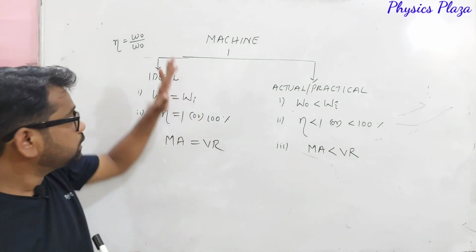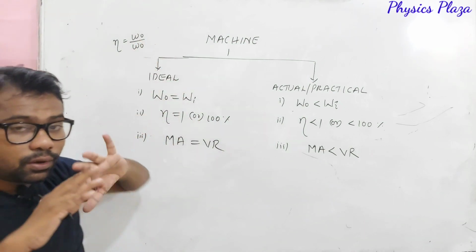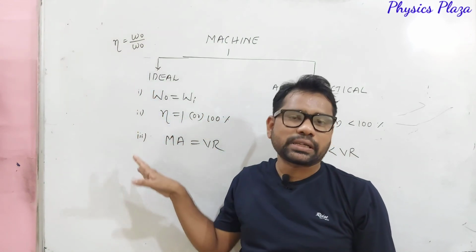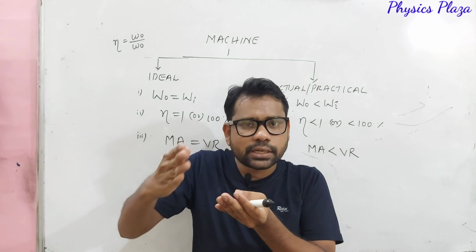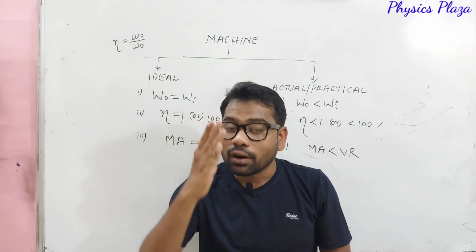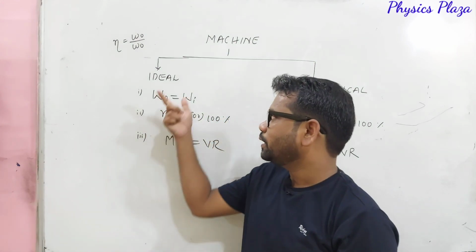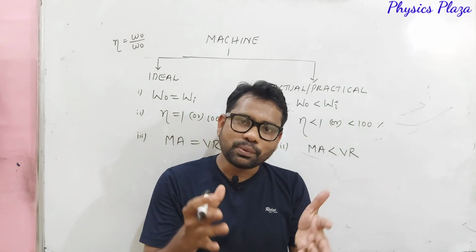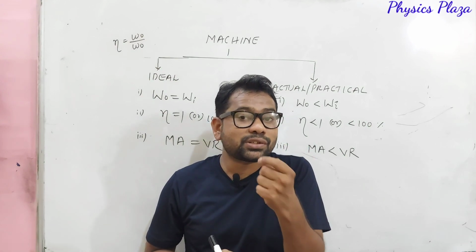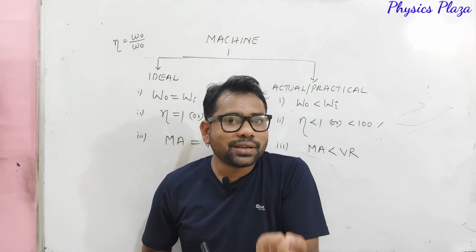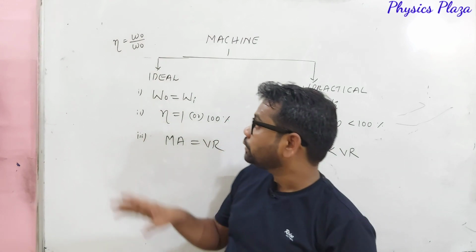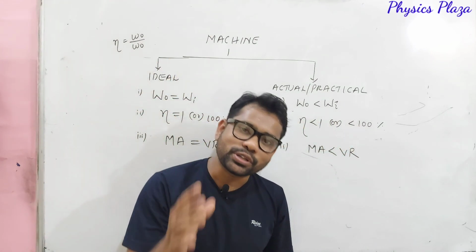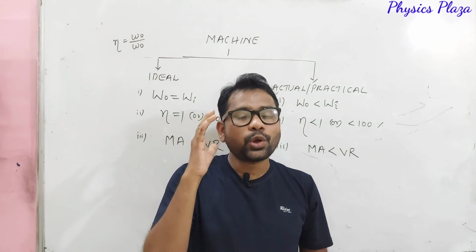Dear children, the machine called an ideal machine is not at all possible. It means it's not possible to construct. We can construct a machine near to the ideal machine, but not an ideal machine. The reason is that in an ideal machine, the parts of the machine are weightless. Is it possible? The threads and strings which we are using are massless? Not possible. The pulleys which we are using are frictionless? Highly impossible.